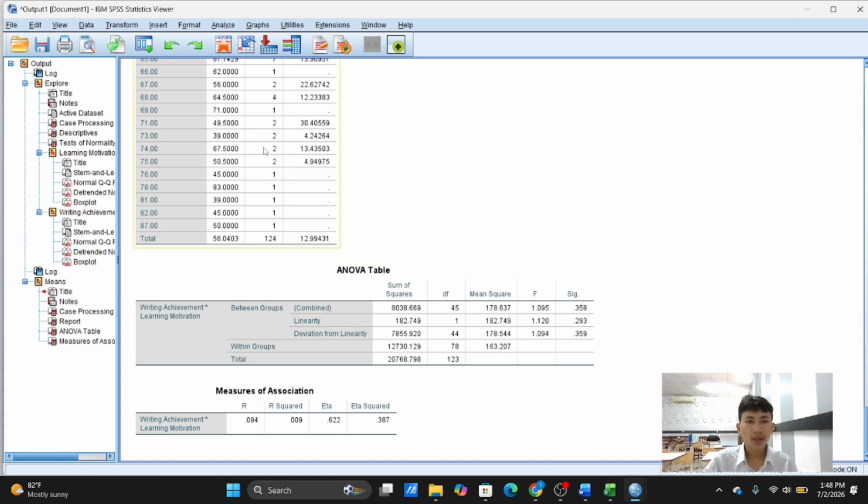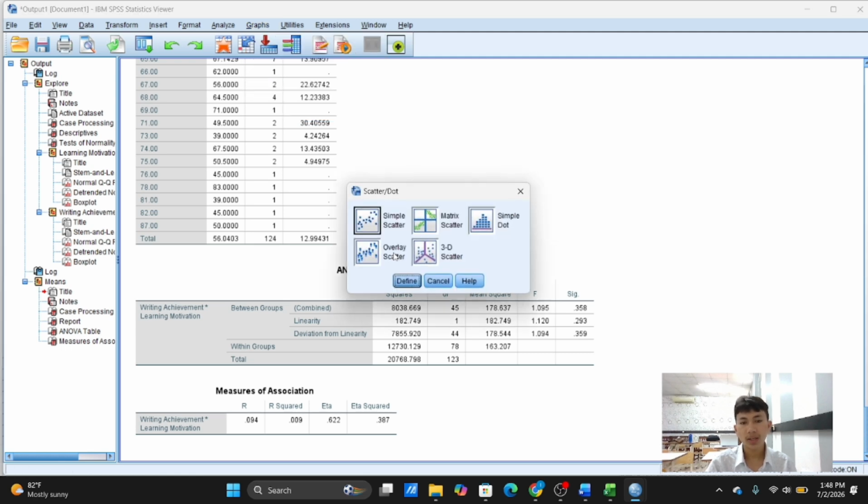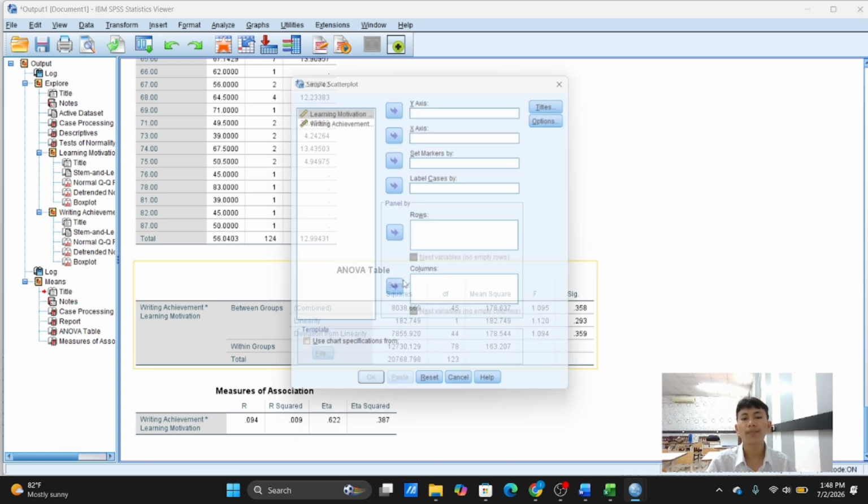And then we search graphs. If we want to make a graph, we click graphs, click legacy dialogs, and click scatter or dot. Here we choose simple scatter and click define.